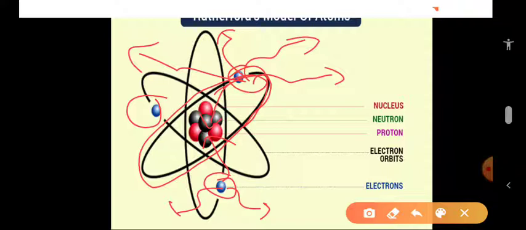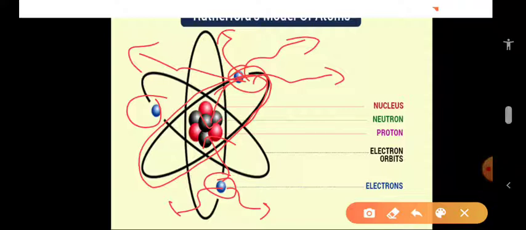This is not possible, because almost whatever we see, if a particular material is in a particular shape, it means the atoms in that material are stable. Because of that only it looks in a particular shape. If atoms are not stable, then everything will get destructed automatically. So it's completely illogical in this case.